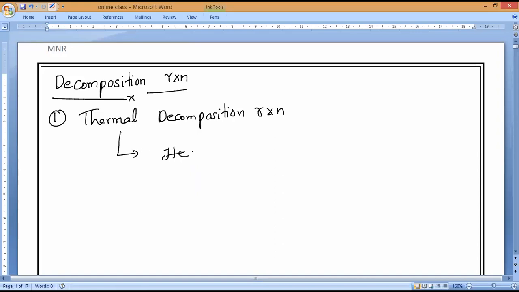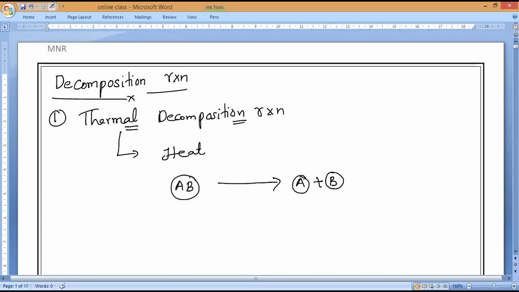With the help of heat. If you carry out any equation or reaction with heat, we call it thermal decomposition reaction. So first of all, what do you mean by decomposition reaction? Anybody? Like getting two or more products from the single reactant. Yeah, so a single compound is going to break down into two or more products. That is what we call